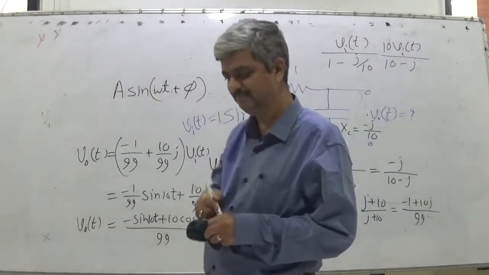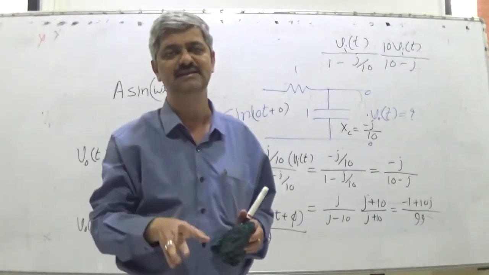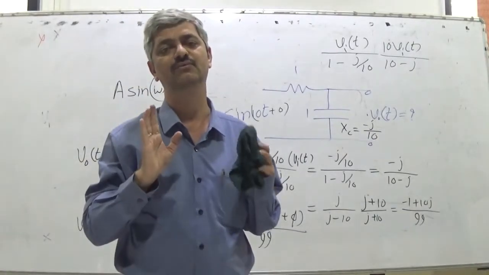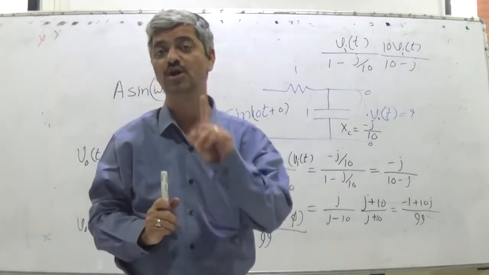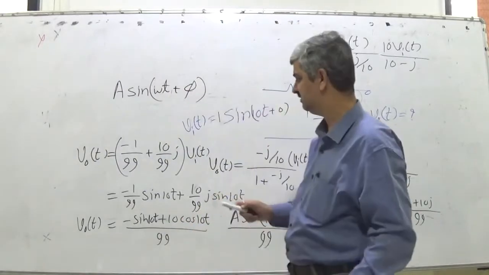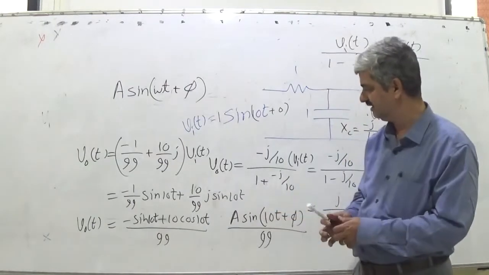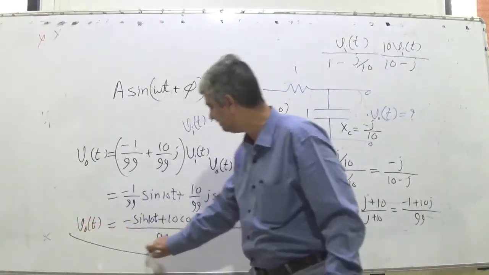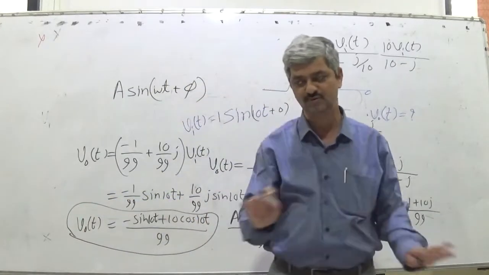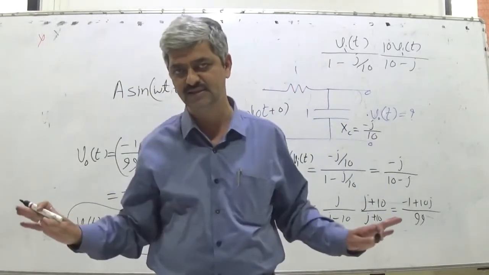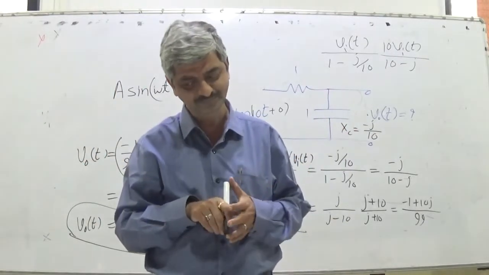So by using simple j square equal to minus 1, the concept of impedances, and j sin t is cos t, you can get the final answer, which should not include j. If it includes j, you get rid of j by putting j sin t equal to cos t. So ultimately, remember, in the final answer j should not be there. There is nothing imaginary, everything is appropriate. I hope it is quite clear.